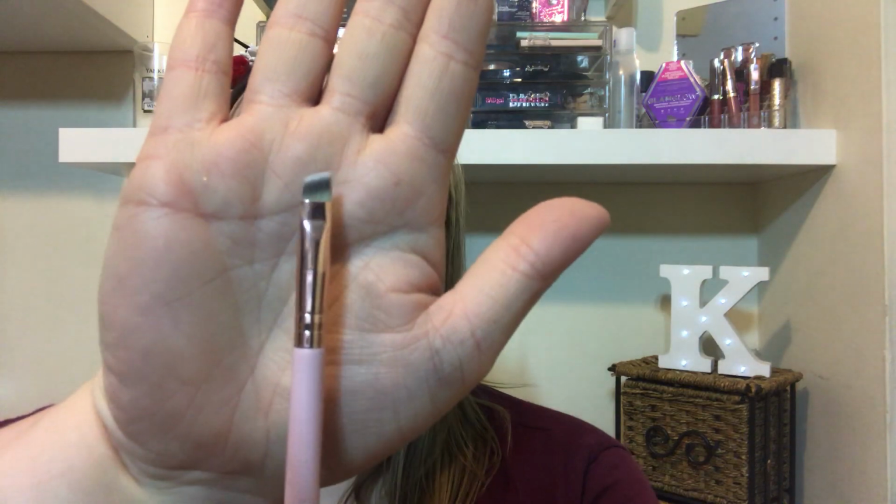The next product is this Glossybox's own angled brush. I take it out. It's obviously pink with black writing on, and it's angled, so great for eyeliners. It says, what do you call a glossy box when it contains a limited edition branded makeup brush? An amazing glossy box. This angled brush is a signature pink, of course, the ideal tool to use